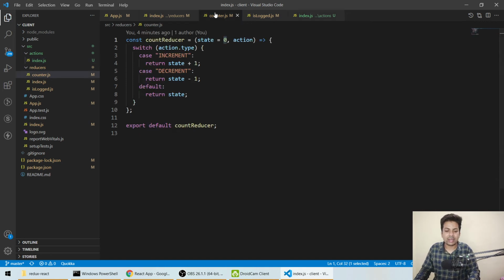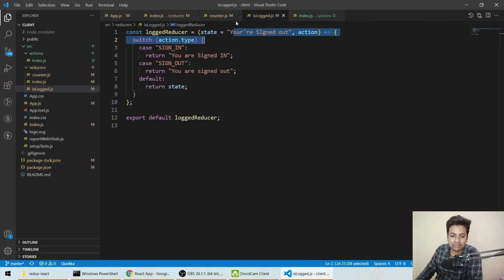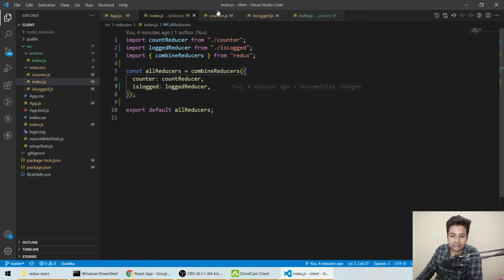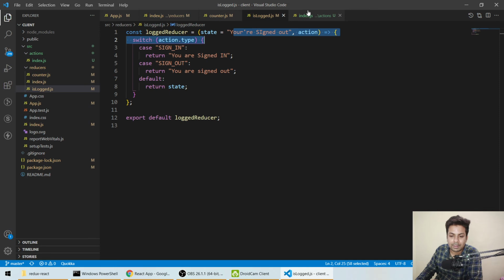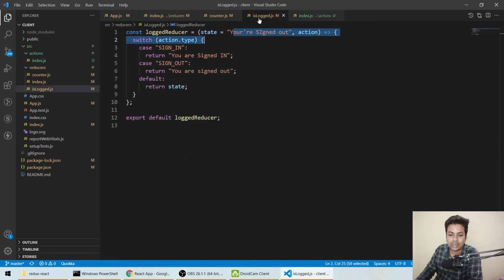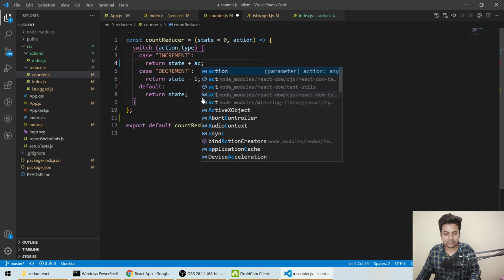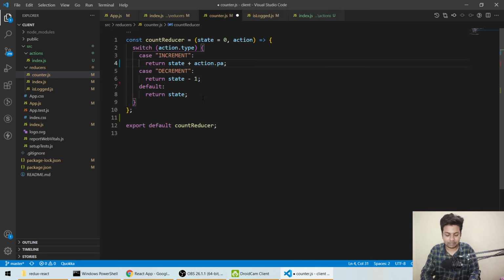And in the counter we'll receive it: as we have action.type, we can access action.payload also. So instead of +1 we'll say action.payload.